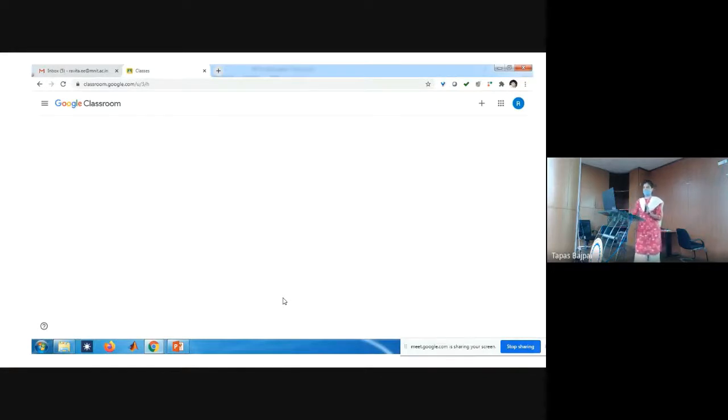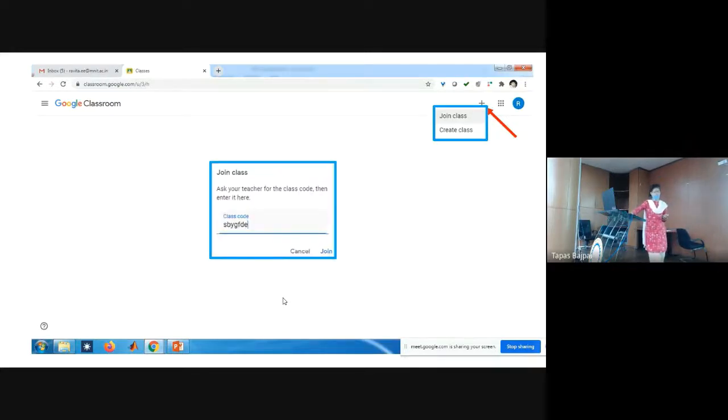And then suppose you have created 3 or 4 classes for 3 or 4 subjects. My profile I can access from here. Okay, first I will explain how, after we have created the class for the students, to join that class. Click on this and then join the class. Then students who want to join have to enter this class code. After that they can join the class, or if we want to join, we can join the class after putting in the class code.